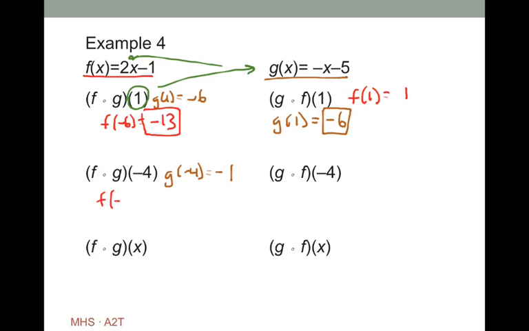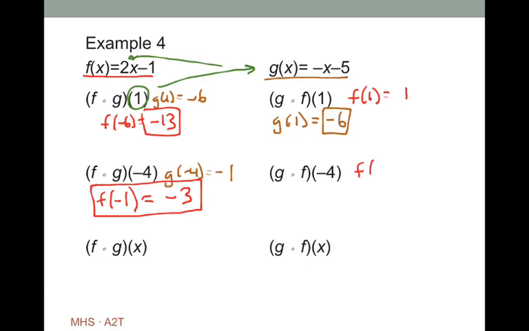I'm sorry, -1. Wait, hold on a second. Yep, that's right. G of -4 is -1 because negative and -4 becomes +4. 4 minus 5 is -1. Okay, so now we got -1. Now f of -1, because we're doing f of g of -4, f of -1 is 2 times -1 minus